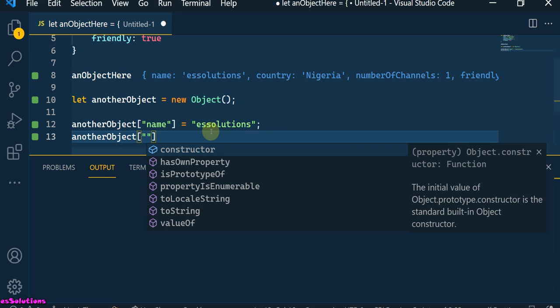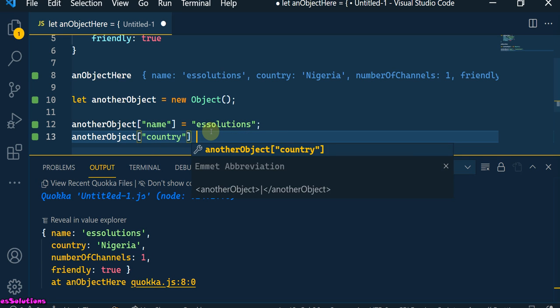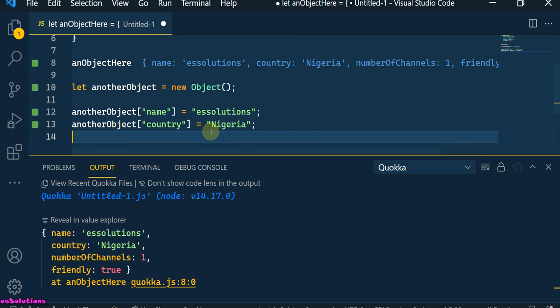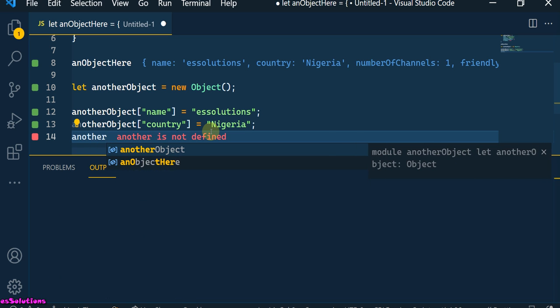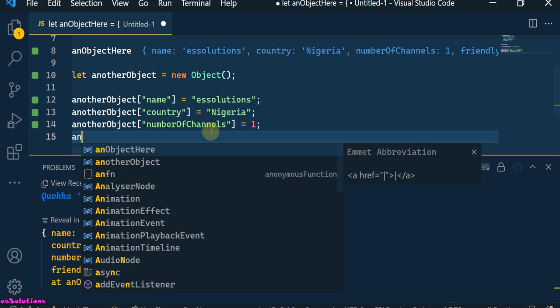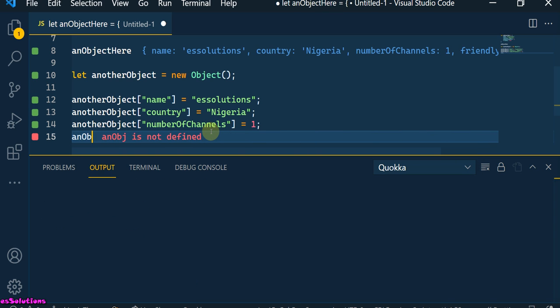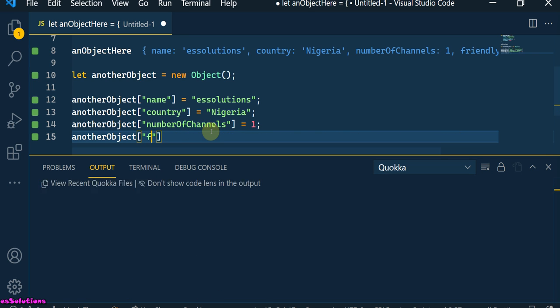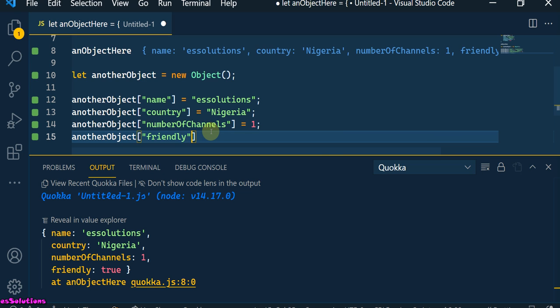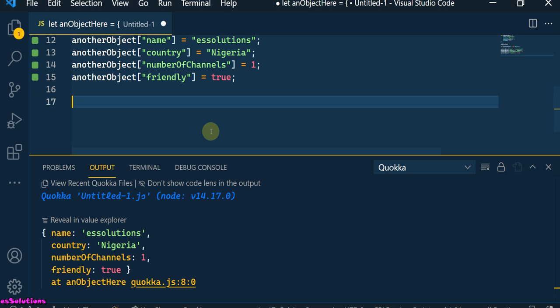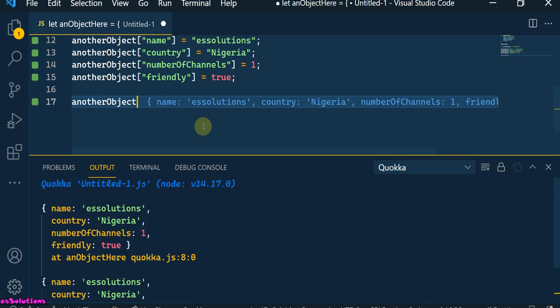We can say the country is Nigeria. The number of channels, so that's the other property, another object, number of channels, we have one, and then another object, and the friendly property is true. So if I were to show what another object carries here, you see it's basically the